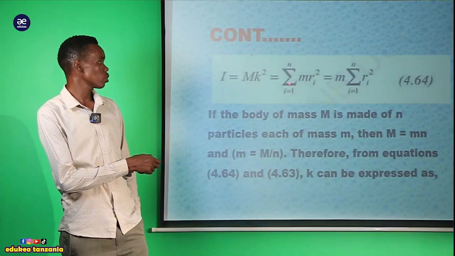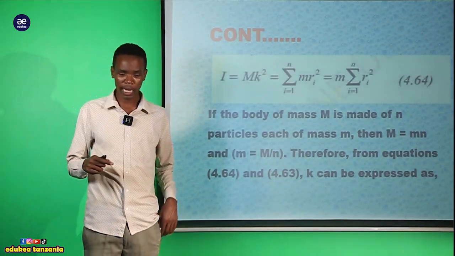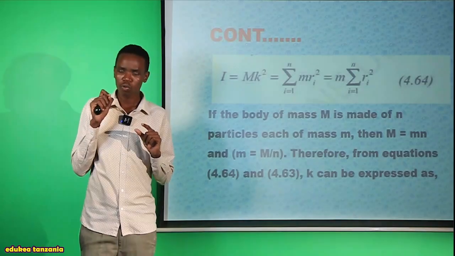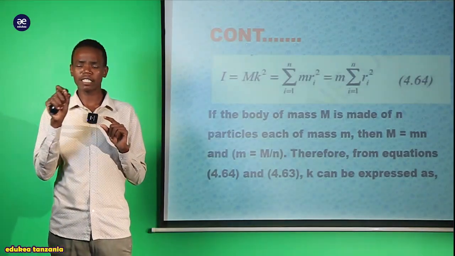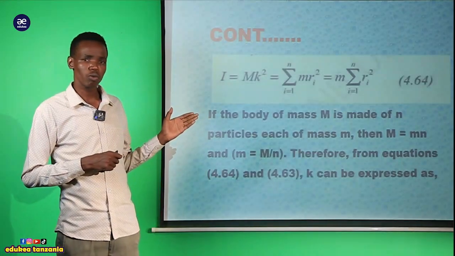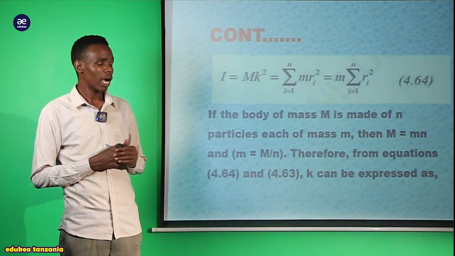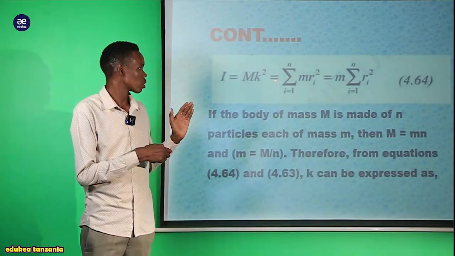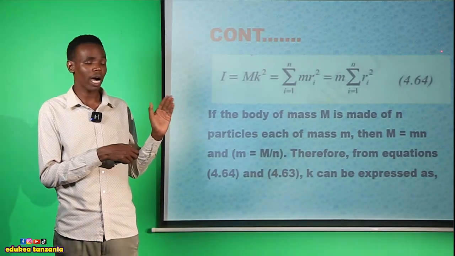So we are supposed to introduce the summation if we have more elemental disks. Now we have many distances, many radii on the thin disk. Now we should introduce the summation, and we could say that therefore I is equal to the summation of m ri